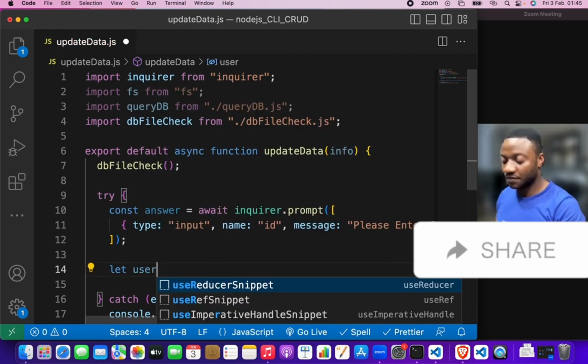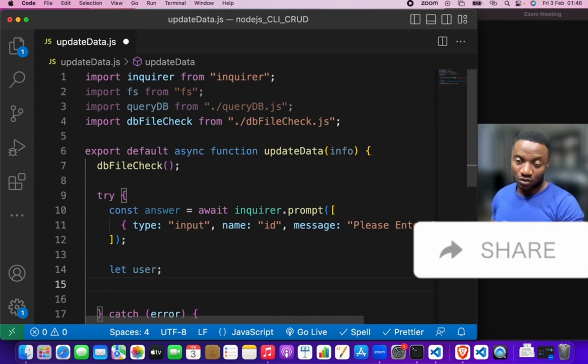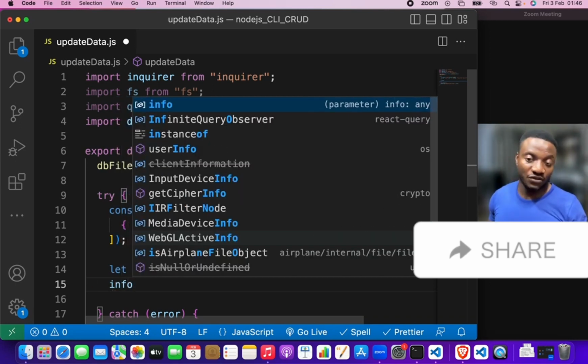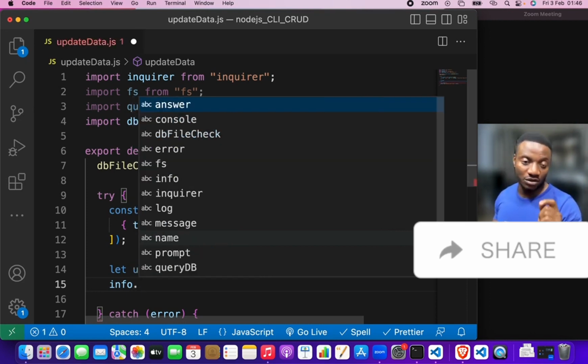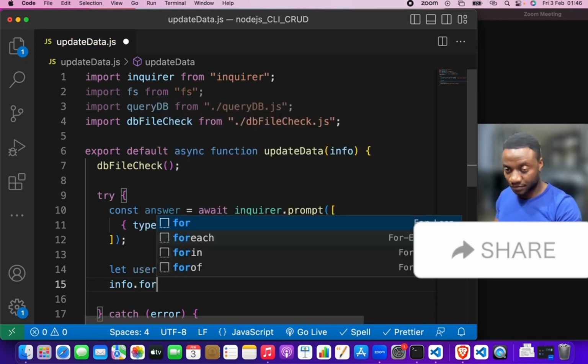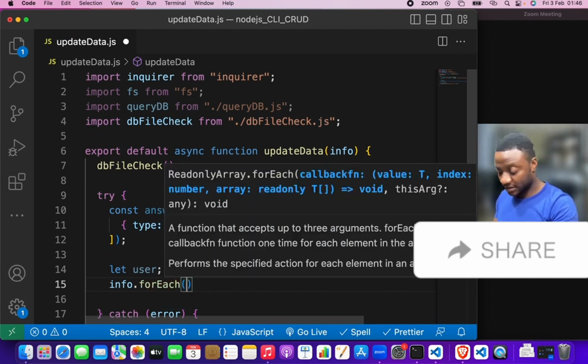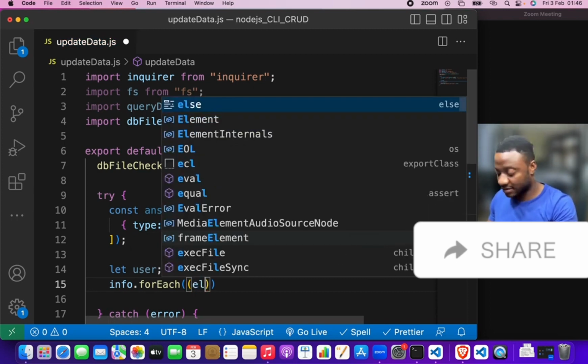Let's call this variable user, and then we'll loop through. We'll use the info at this point. We'll use the for each loop. The for each loop is also used by an array and some other kind of data types too. Remember that we got this info from the query db function. So for each, you open brackets, and then inside of it you pick each data at a time. So each of the data, we could call each data elements,